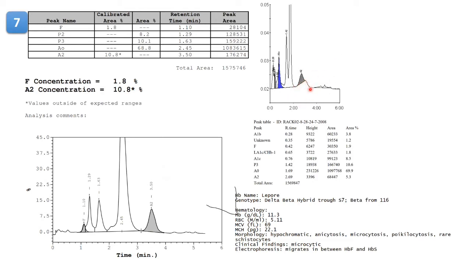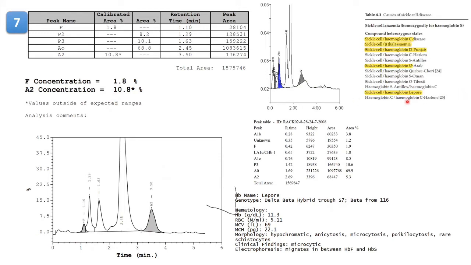Here you can see that the baseline is not straight. So that is why it is underestimating the hemoglobin variant, which is giving us 5.3%, whereas this is properly denoted here. This is 10.8%. So hemoglobin Lepore, also similar to hemoglobin D, has interaction with hemoglobin sickle. This is relevant in terms of antenatal screening settings. The easy way to remember